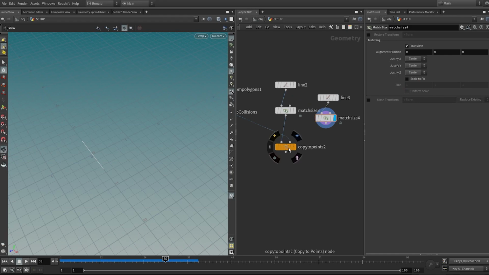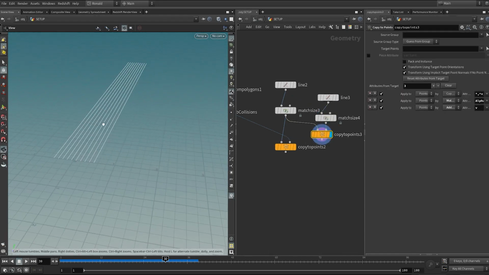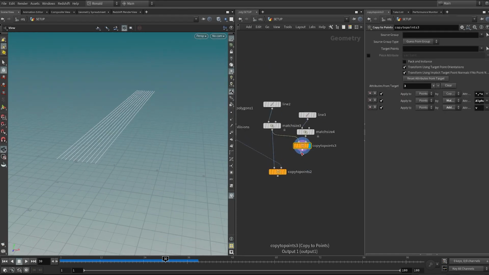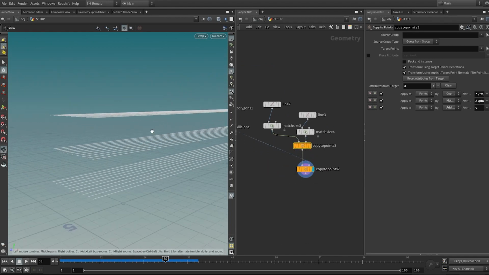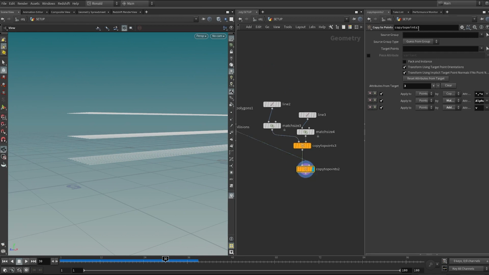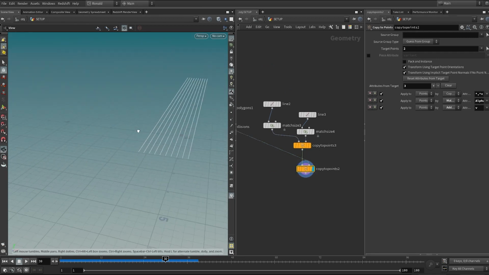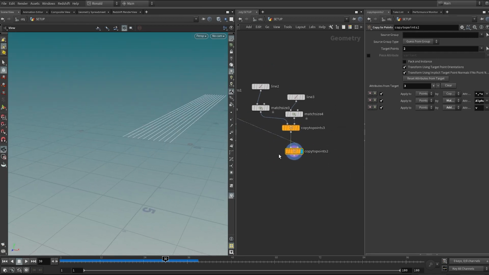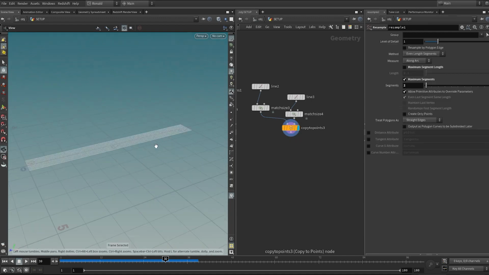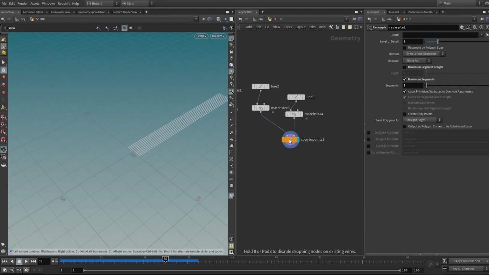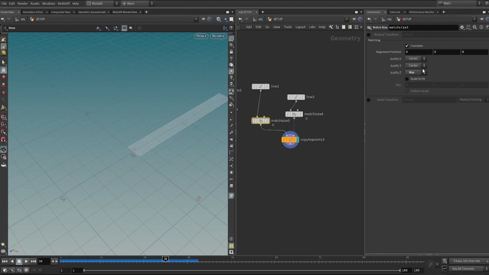And I'm going to copy the points so that I get a bunch of lines like this, and then I'm just going to copy this onto the source points like this, but only on the last index number, which is index number 2. So it's on the top frame like this. In fact, I don't need to do this. I think this is good enough. I'm just going to change this back to center